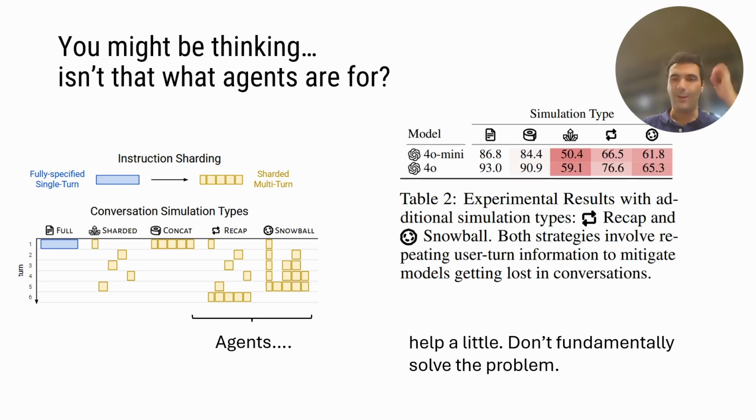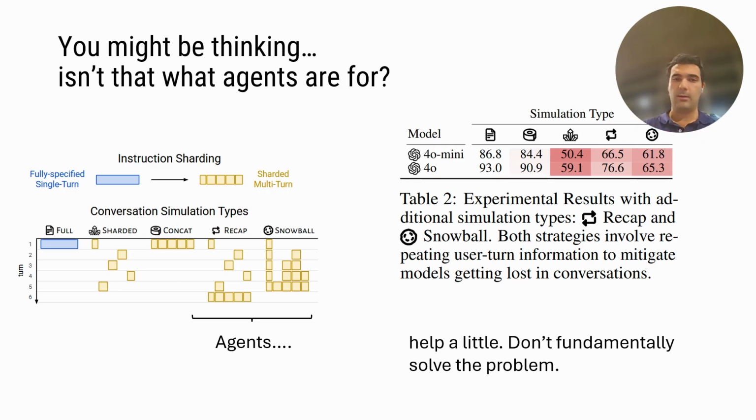Okay. Now going to secondary experiments, you might be thinking, but you're testing raw LLMs here. What about agents? So what if I had a scaffold on top of my LLM to maybe keep track of memory or maybe repeat information that's important from the user or summarize it, etc. And so this is why we added two experiments that are fairly basic, but represent what you could imagine an agentic setup doing in a multi-turn setting. So we have recap and snowball.